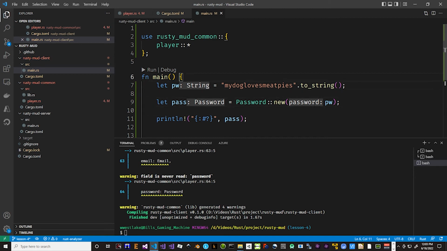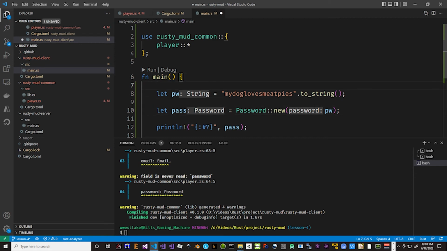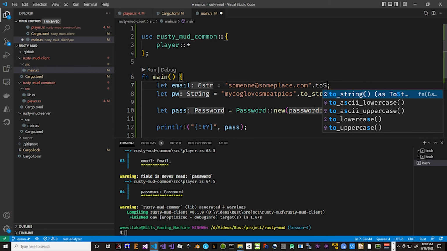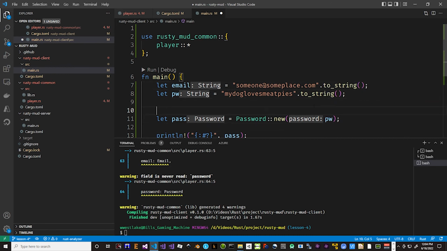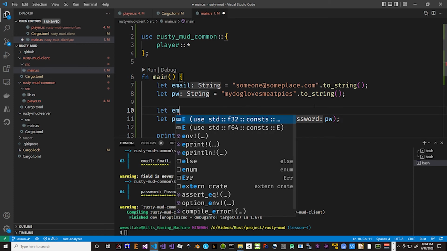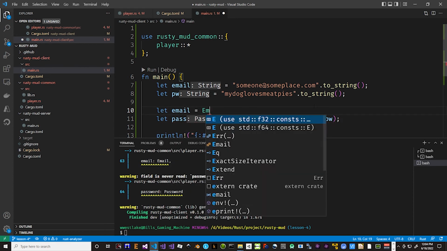So let's go over to the client, and we've got our password. Let's do an email. Let email equal someone at someplace.com dot to string. We'll go let email equal email